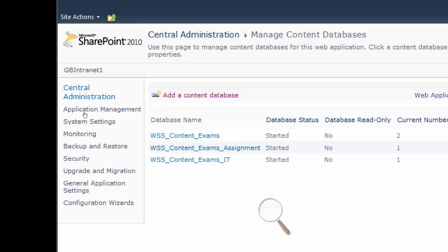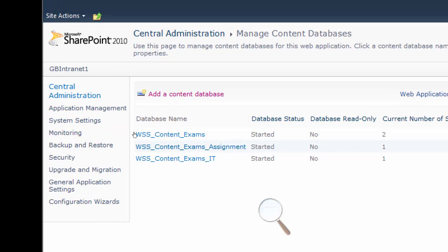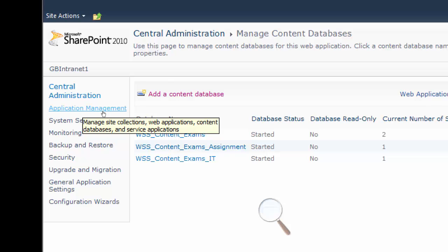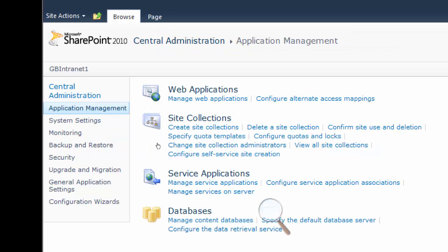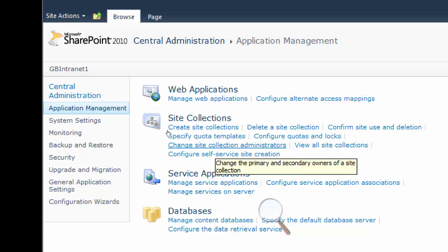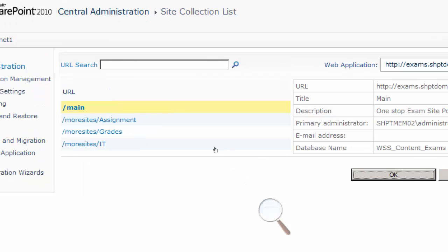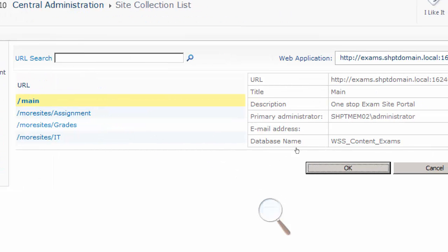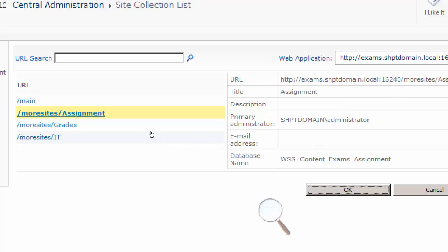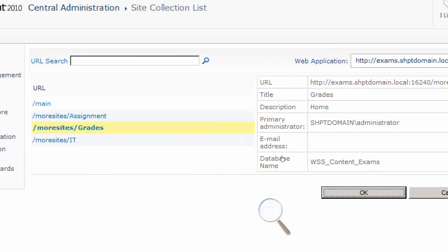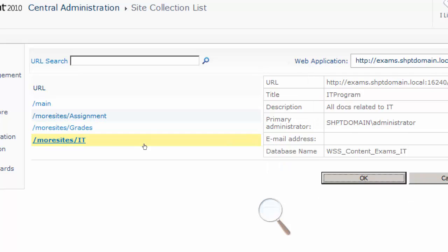But I would want to confirm from the sites as well if they are showing these databases. So if I go to application management and go to, where? View all site collections. So main is showing WSS content exams database. Assignment should be showing now a different database. Exactly, it is showing a different database. Grades should be showing still the same database as the main, and the IT should be showing the IT database, which it is showing. So we have successfully moved the sites from one database to 2 different databases, increasing the